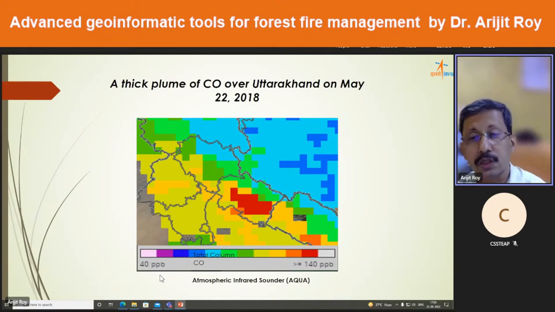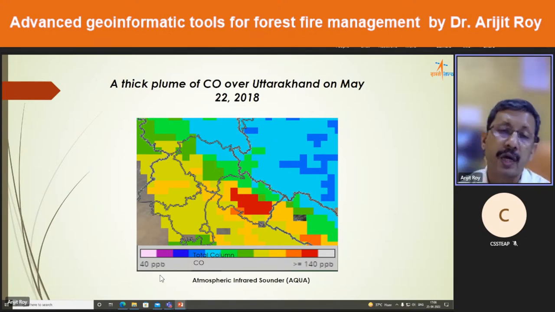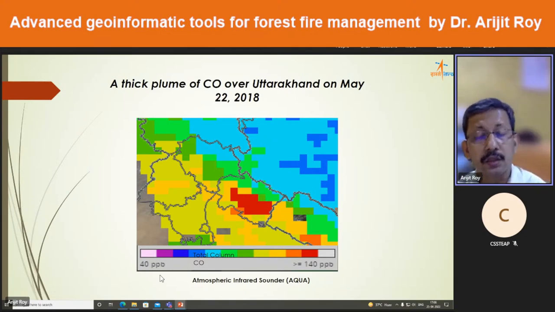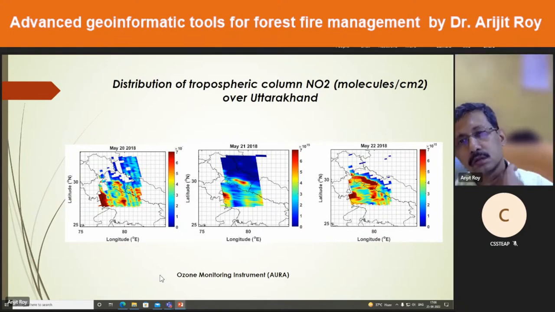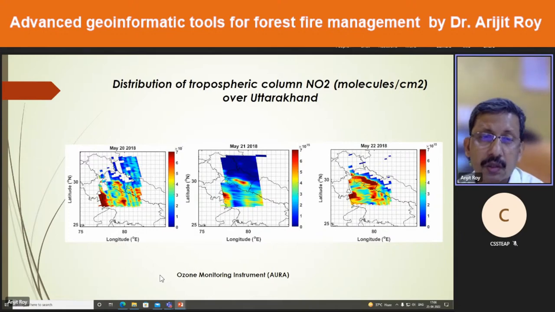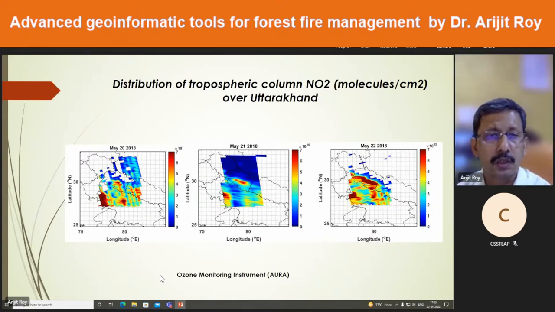And since carbon monoxide is heavier than air, these particular gaseous components tend to accumulate in the valleys, and they are a serious health hazard for the people in that region. Then the distribution of the tropospheric columnar nitrogen dioxide can also be detected using the ozone monitoring instrument like Aura